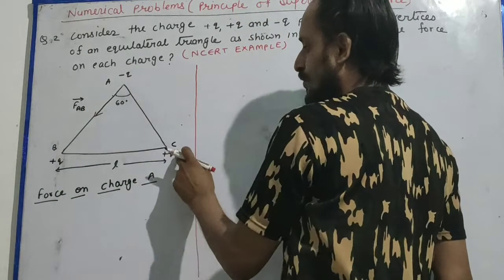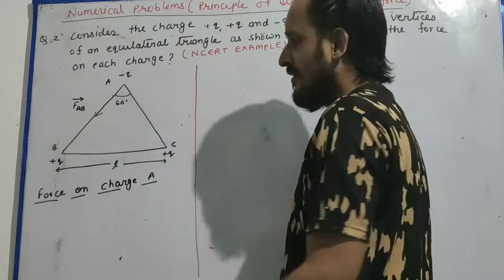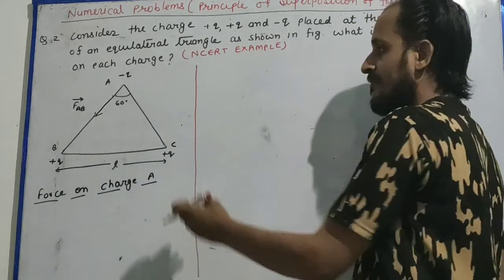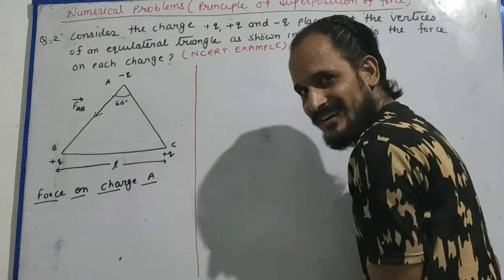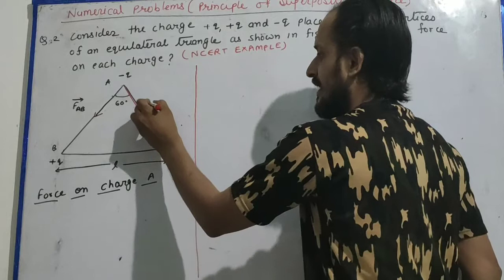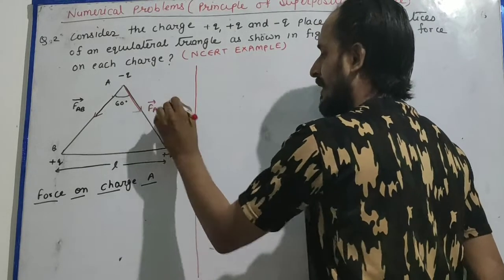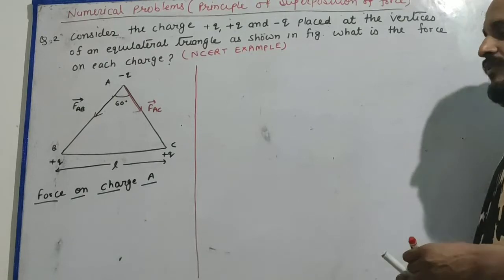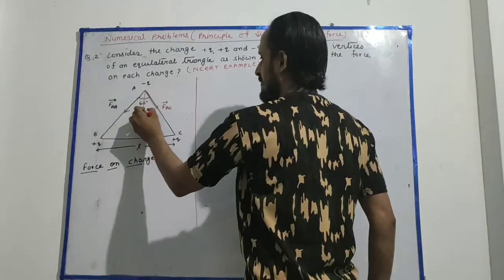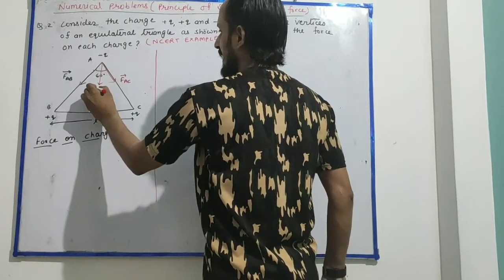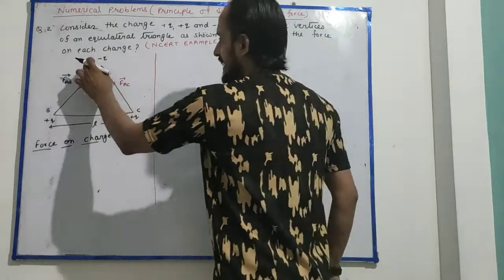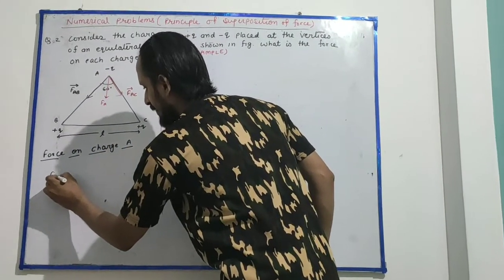The force on A due to charge C is also attractive because one charge is negative and the other one is positive. How will this charge C attract A? It will attract like this. So the direction of force would be towards C, or you can write it as FAC. You can use the same way to find out the answer. What is the direction of net force on A? It is in between FAC and FAB. FA.